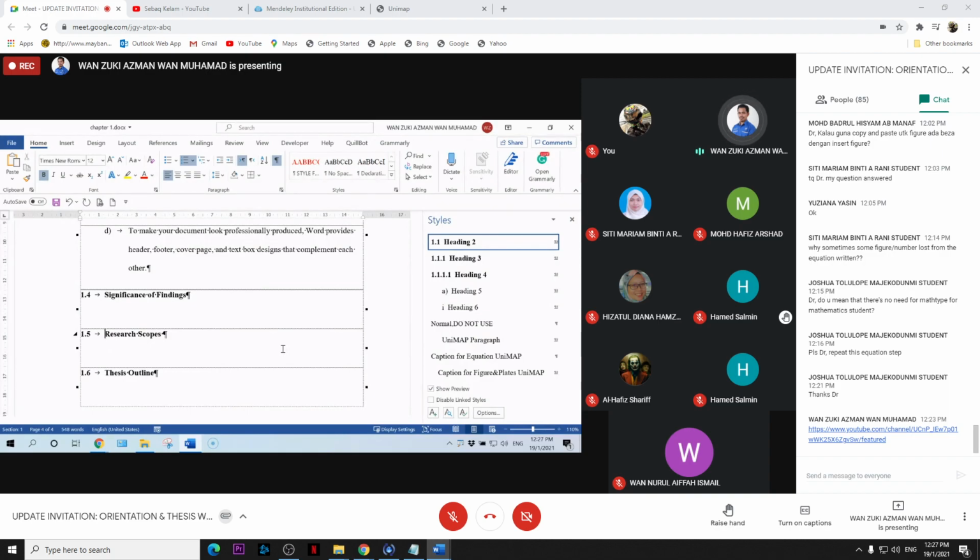Okay, any other question before we combine? We are at the end of my session actually. After we combine, we convert to PDF and then we finish our session.